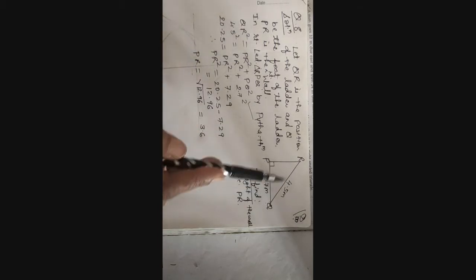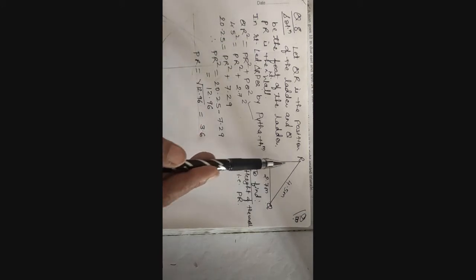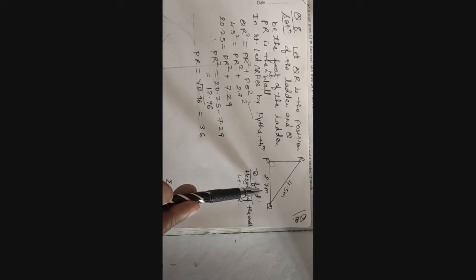Okay, now just put the values. QR, see the figure, QR is how much? 4.5 meter square is equal to PR, that is the height of the wall we have to find, so it will remain as it is, plus PQ how much given? 2.7 and square. Simplify: 4.5 multiplied by 4.5, what will you get? 20.25 is equal to PR square plus 2.7 square is 7.29, transpose, and after transposing you are getting